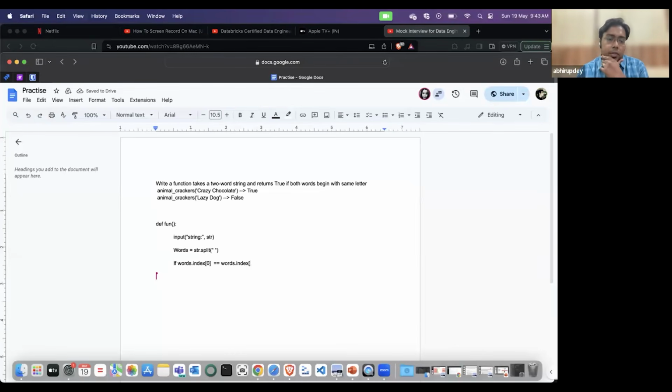So if we split, there will be two words, right? So I need a loop anyway, right? How can I check the first letter? You need to use double indexes for that.